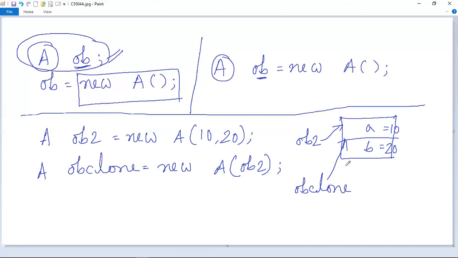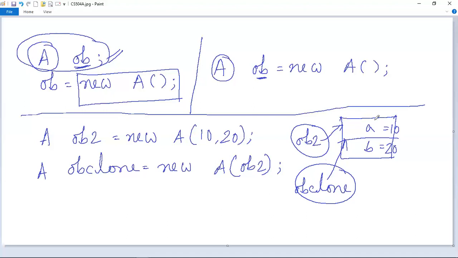Okay, and the same copies are being sent to the object OB clone. That means the copies of these two instance variables A and B that have come into OB2 will also come into OB clone. Whatever values will be there in these two instance variables A and B will also be there in the object OB clone, because OB clone is also pointing to this object.